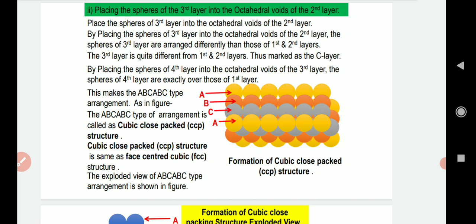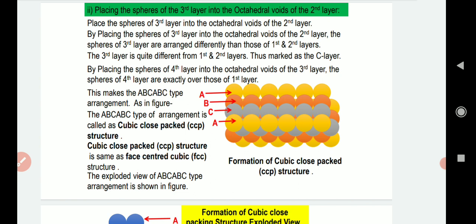the first layer will not match with second, will not match with third, but the first layer and the fourth layer will be same. So if I say A, B and C, first A, second B, third C, I will get again the fourth layer which is same as first. म्हणजे 3 layers हे वेगळे येतात आणि fourth layer matches with the first.